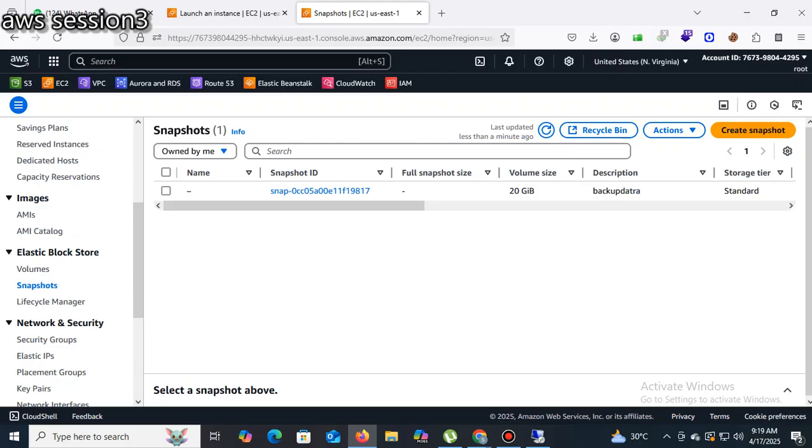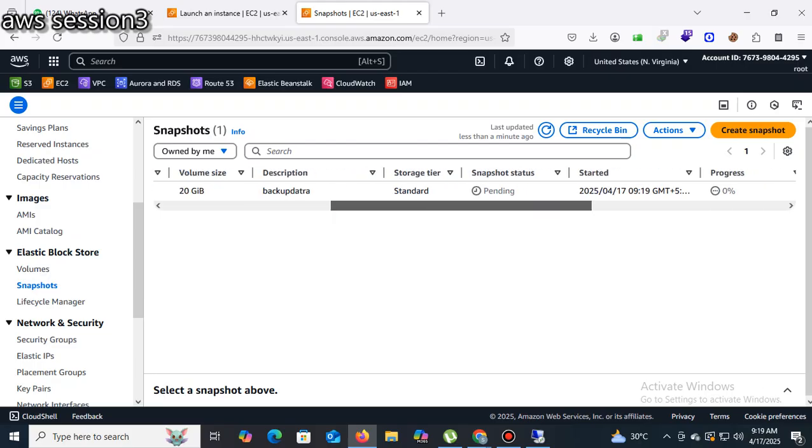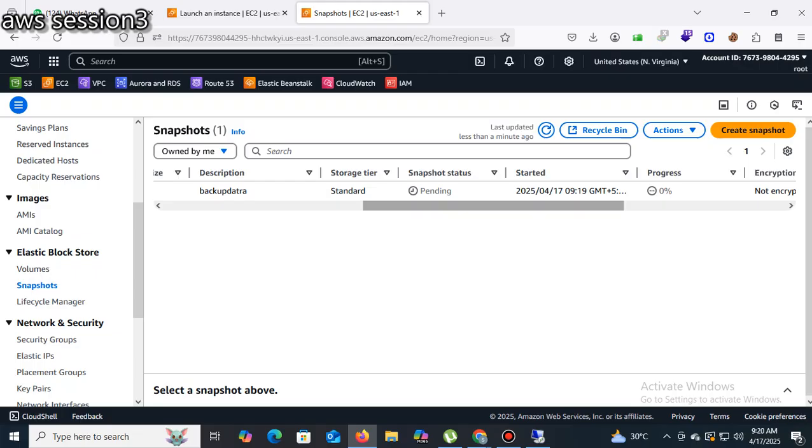After practicing, try to delete it. Now you see this snapshot is in the pending state. What does pending state mean? Taking the backup. You need to wait at least 4 or 5 minutes. Then we're going to delete the volume and again restore.